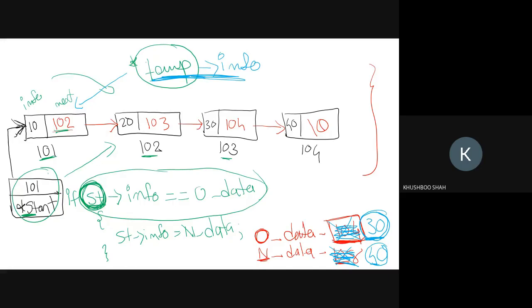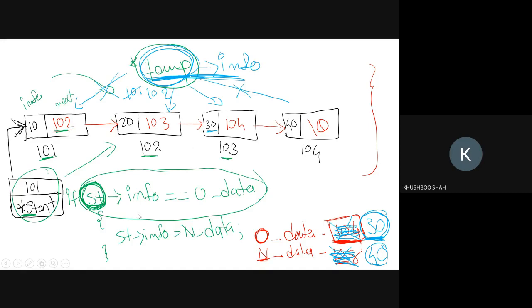In that case, every time I want to change the address of the temp: first it will have 101, then I'll need 102, so it can point to this, then I need 103, until I get the 30. After that I don't need to go further. Once I get the data, I don't need to go further. And this is the concept of modification, or updating the data in the linked list.